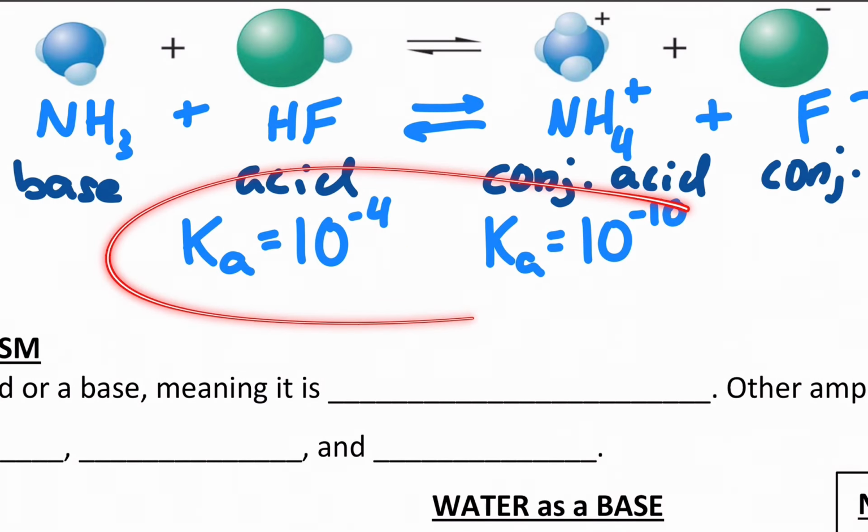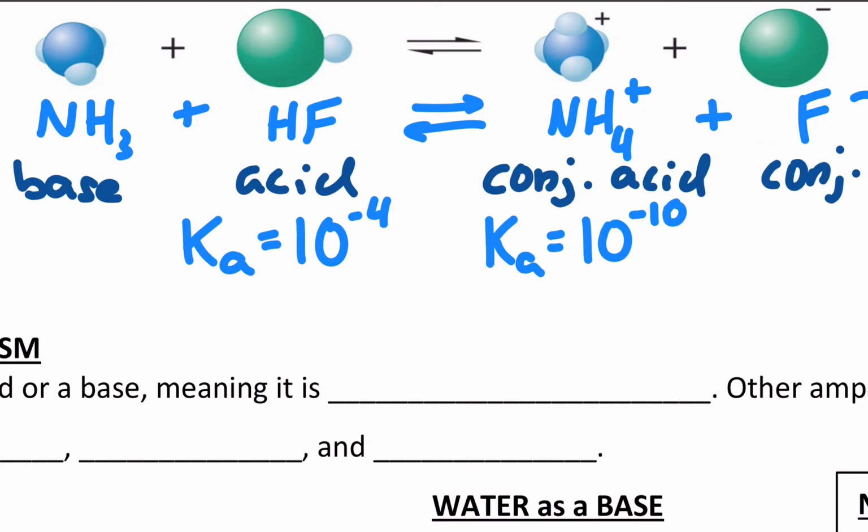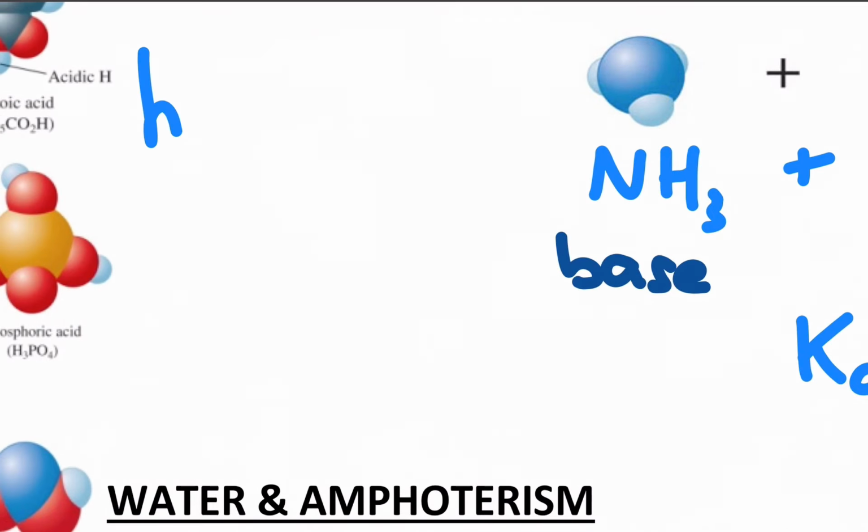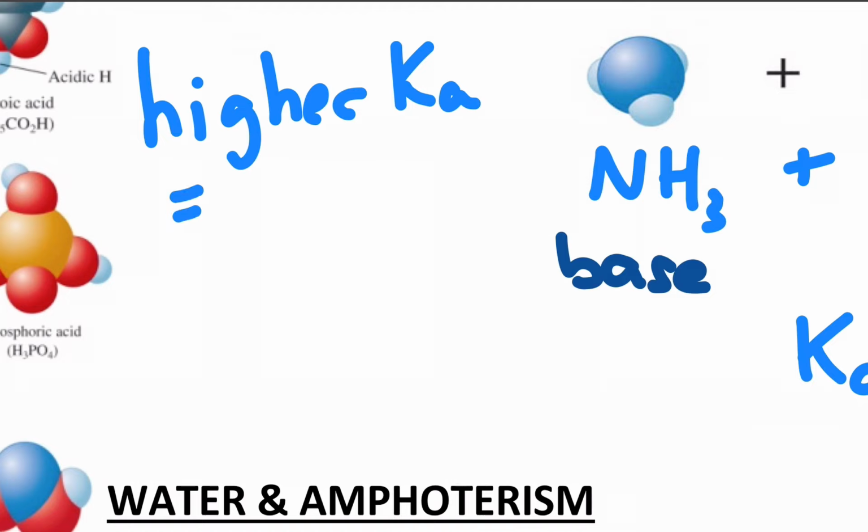Now, this right away tells us who's stronger. The higher the Ka, the stronger the acid. Let's make a note of that. Higher Ka equals stronger